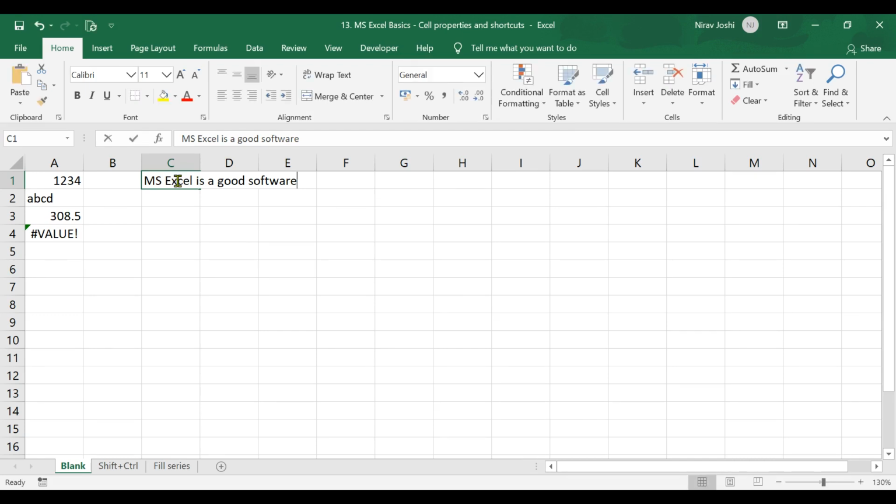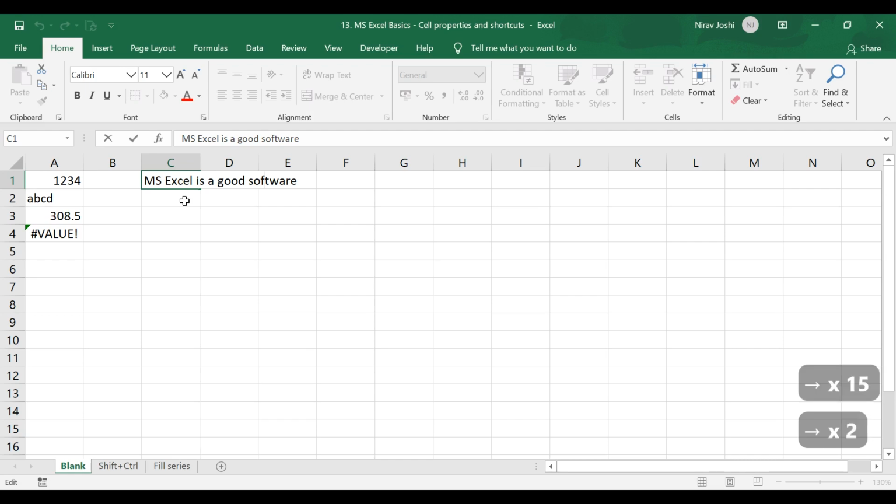Now after entering edit mode, you can reach the place where you want to edit the content of the cell by the left or right arrow key. It will shift by a letter with each stroke of the right or left arrow key. Suppose you want to shift by a word with each arrow key click, you need to press and hold the control button and press the arrow key along with it.